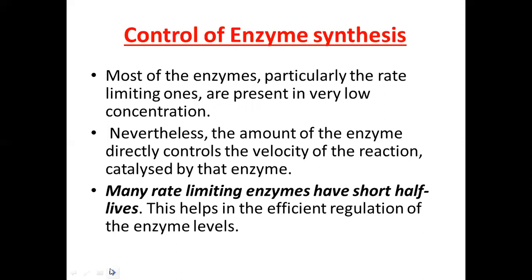But no doubt the levels of enzyme synthesis may be affected to a very great extent when the body is infected with certain diseases, and therefore most of the enzymes, particularly the rate limiting ones,